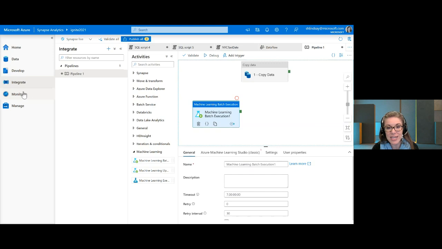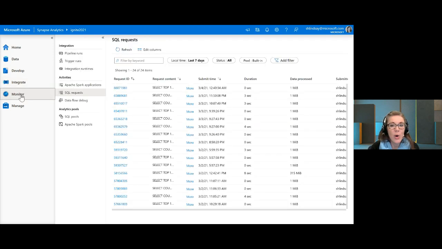So let's take a look here at the Monitor Hub. Within the Monitor Activity Hub, it's broken into 3 areas. So we have our integration, our activities, and our analytics pools.